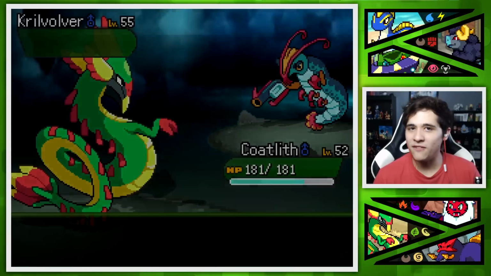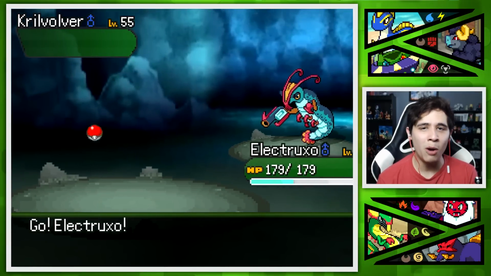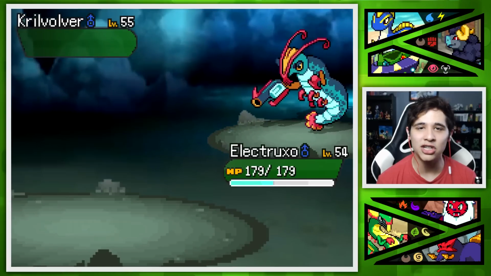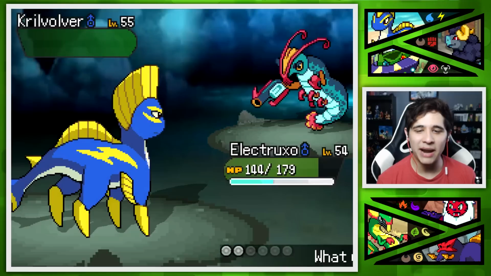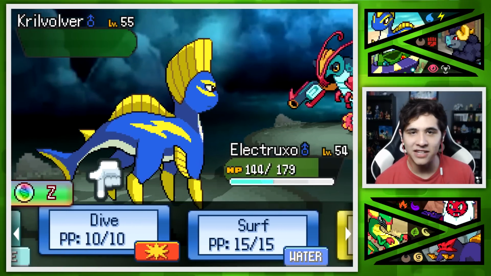But you know what? We've got Electruxo, and Electruxo actually has Mega Evolution, so the moment I've been waiting for so long in this Nuzlocke, the entire Nuzlocke before, and now finally in the Munchlocke, we get to see the power of Mega Evolution with Electruxo here. That is not the move that I meant to use there, or the button I meant to click. Anyway, with one push of the Z button,